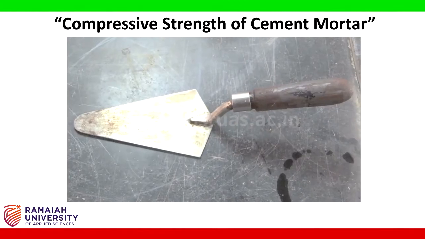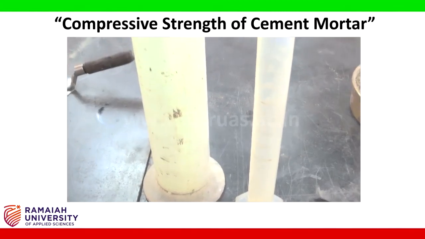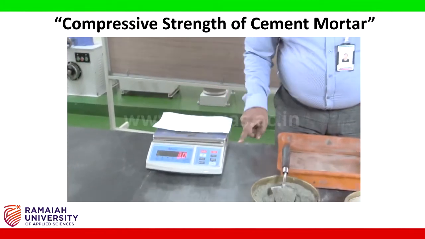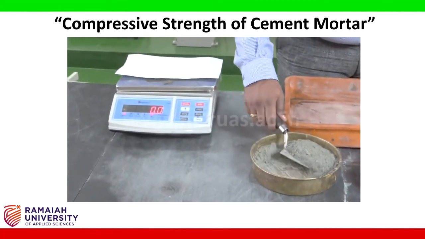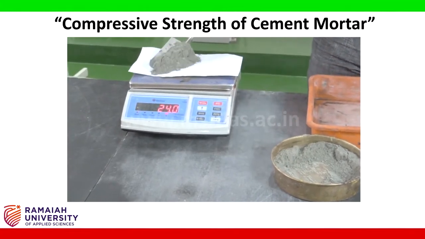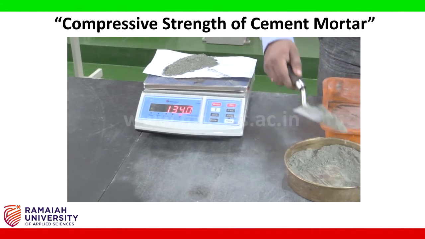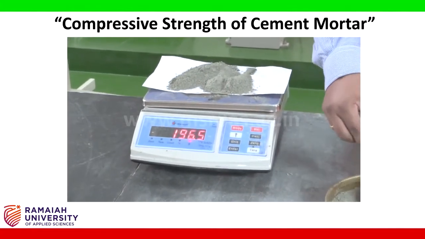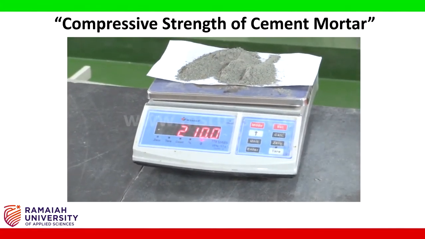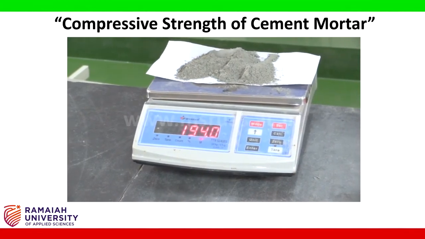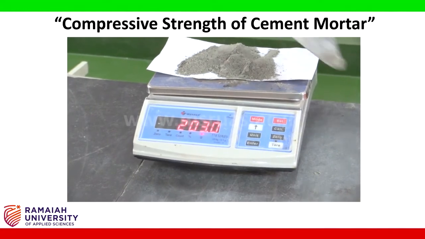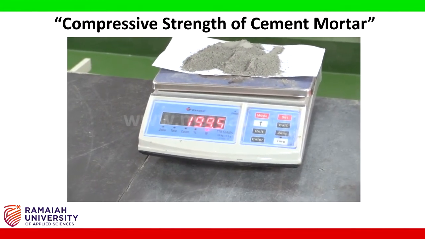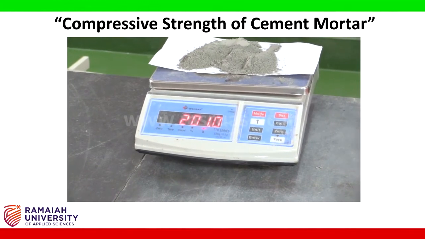We also want the gauging trowel and the water for preparing the mortar mix. Now let's start the experiment. I am going to take 200 grams of cement. I have taken 200 grams of cement,